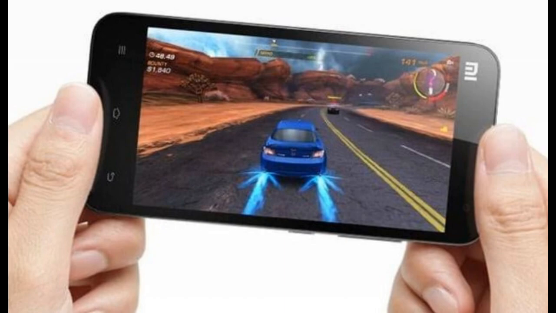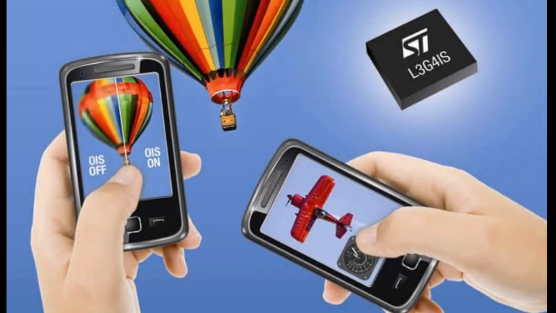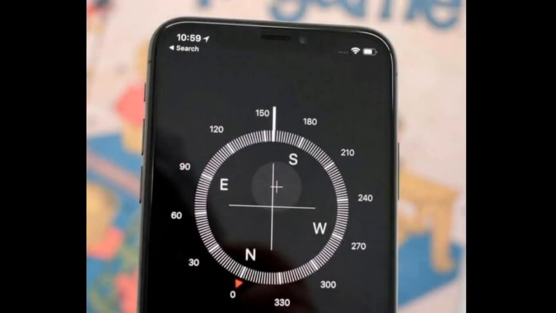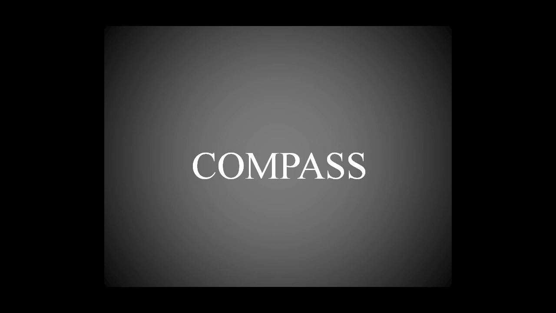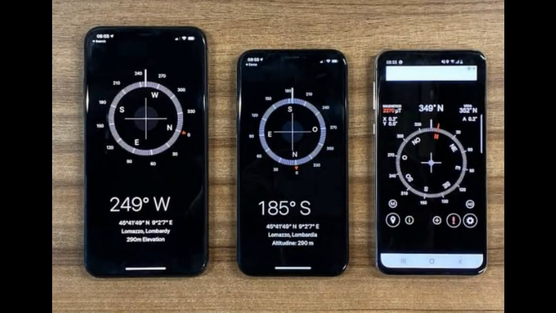Let's talk about the gyroscope. The gyroscope allows our device to play cinematic games, move our device to switch the view in the games, and navigate when GPS services are not available. The gyroscope is also used in VR activities, 3D photography, navigation and so on. This is about the gyroscope. Let's talk about the compass. The compass provides compass and map navigation function to help locate position more accurately.